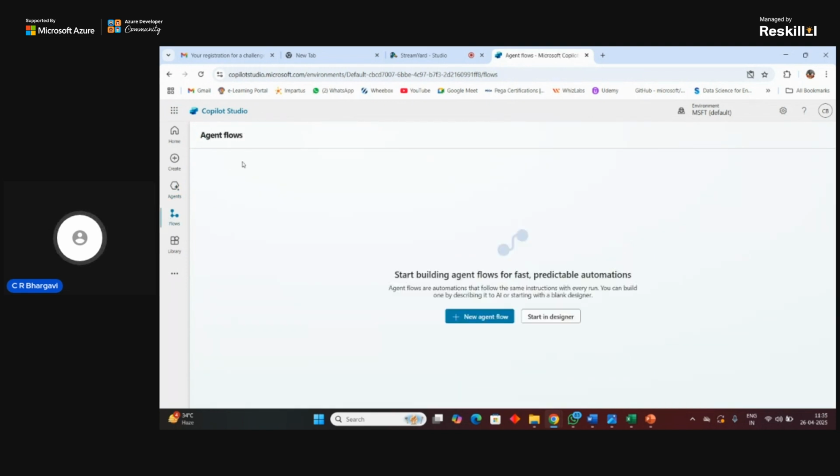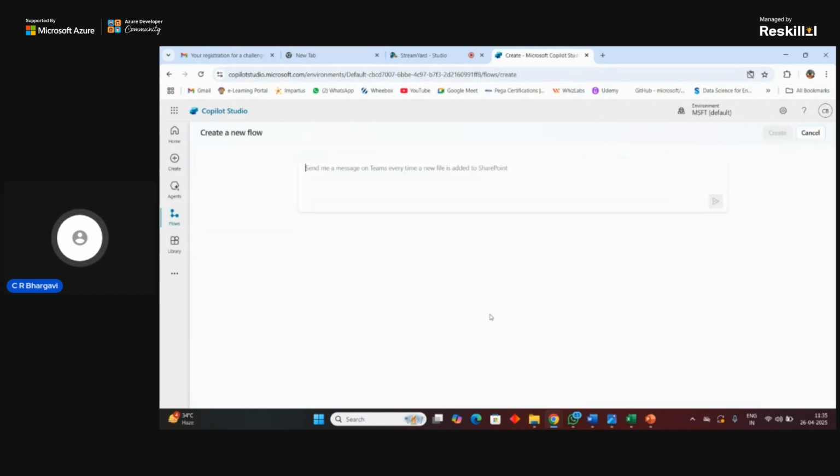And there are agent flows as well. What does agent flow mean? When you want your agent to do some task, it has to flow from one part to another with the help of Power Automate. Then you would click here, add an option, and click next, and it would create a Power Automate flow for you, and from there you can get it connected. So that's where the flow plays a major role.